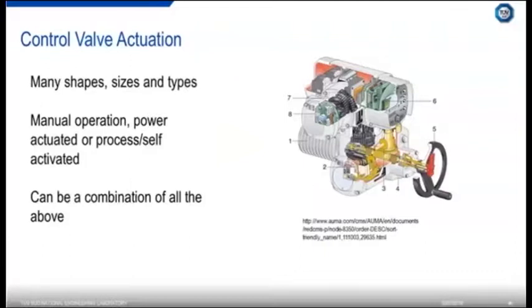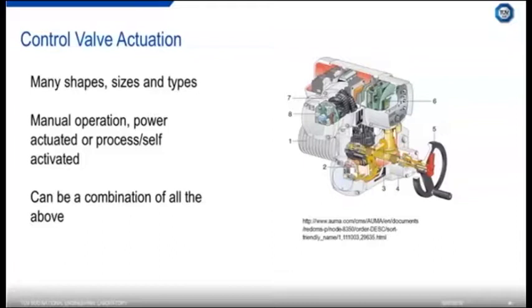If you've got a control valve, you need some way of actuating it, and an actuator is basically what moves or operates the valve by receiving a control signal. These can come in all different shapes and sizes. You can have pneumatic actuators that are powered by air or some kind of gas, hydraulic actuators, and electrically powered actuators as well. They're often combined with a manual hand wheel or lever that allows you to manually open and close